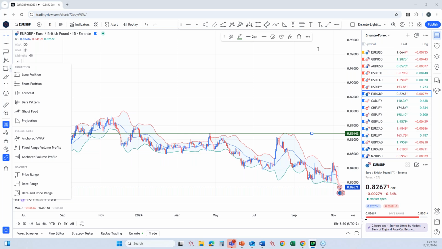So let me just repeat it again. The higher the reward compared to the risk, the fewer winning trades you need to remain profitable in the long run. This is why experienced traders usually focus heavily on maintaining an appropriate risk-reward ratio for each trade. However,